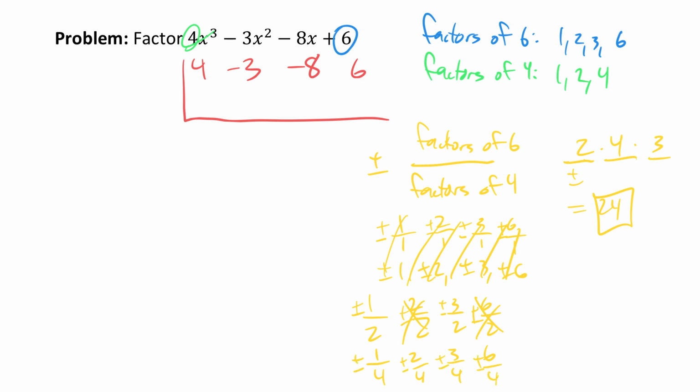Now the 2/4 is the same as a 1/2, so don't bother repeating that. So really, we're just looking at plus or minus a half, plus or minus 3/2, plus or minus a quarter, plus or minus 3/4, and again, 6/4 is the same as 3/2, so we can cross that one off. So while I did say there were 24 options, by writing them all out, we can see that there's really